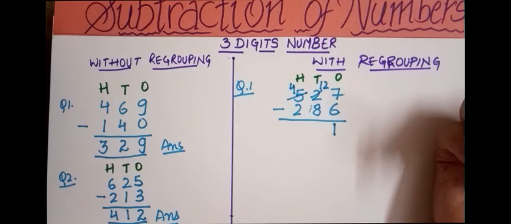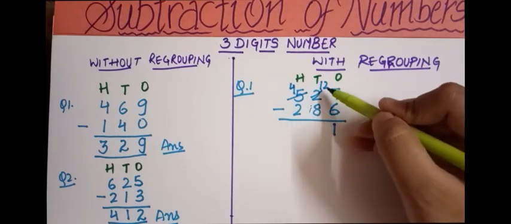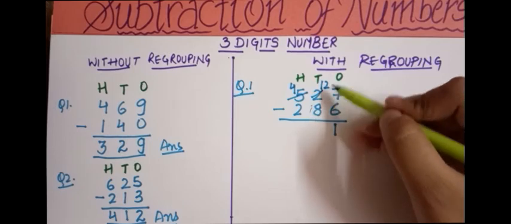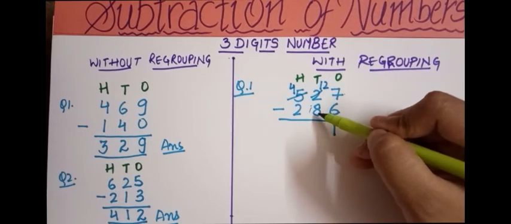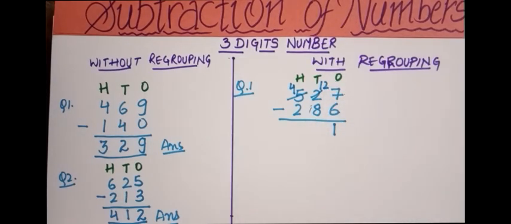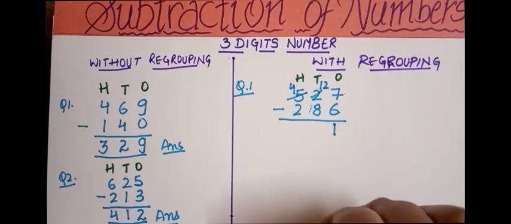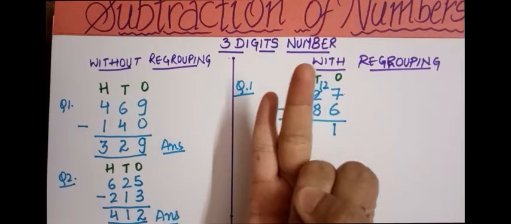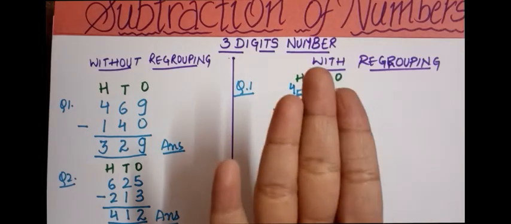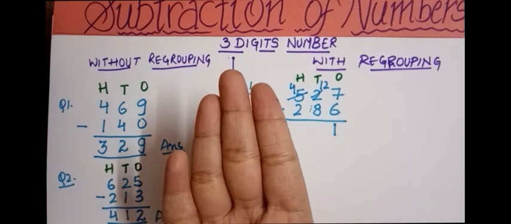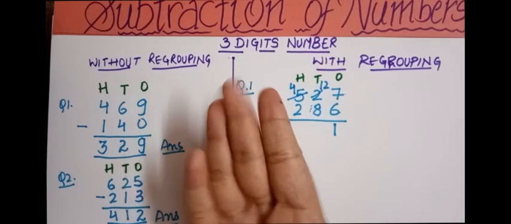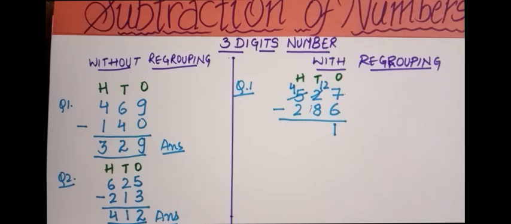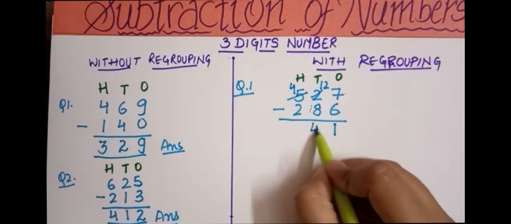Then we will subtract 8 from 12. Now again we'll do the same step. We will count forward from 8 till we reach 12. So how can we do it? From 8 we have 9, 10, 11, 12. So we have 4 fingers open here. So we will write down 4 here like this.